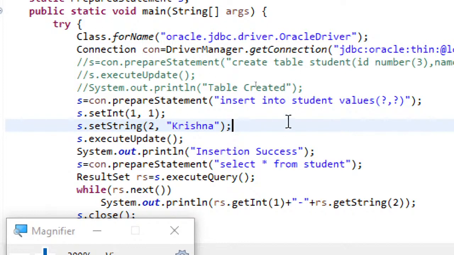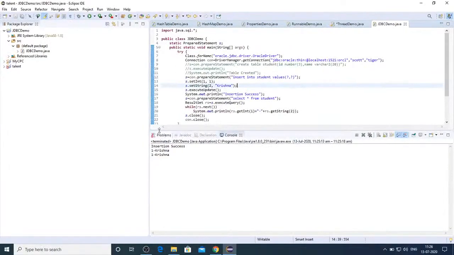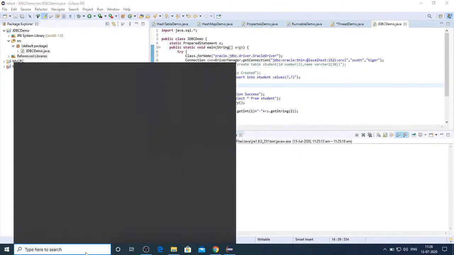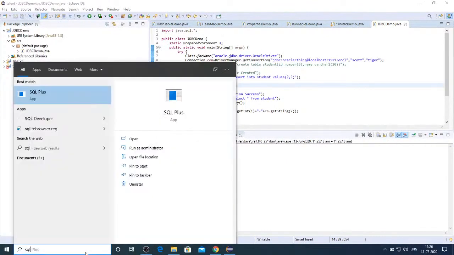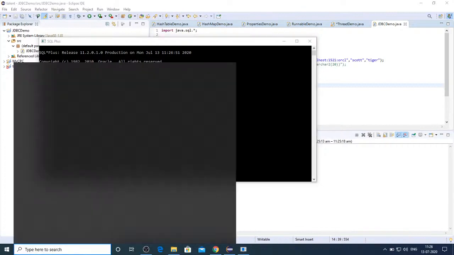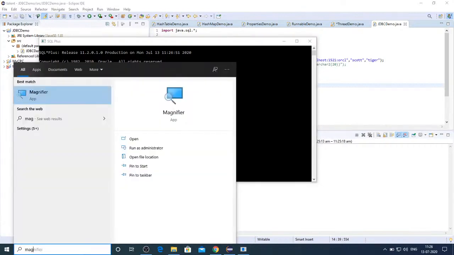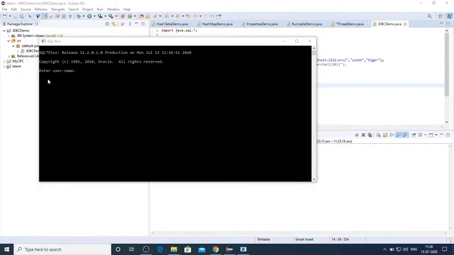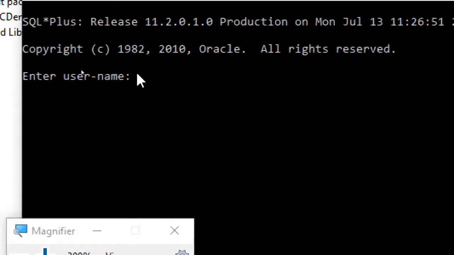And now let me show you with SQL. So you can just search in your Windows search bar for SQL Plus, and you will be getting it.